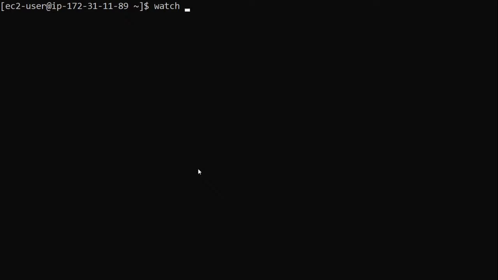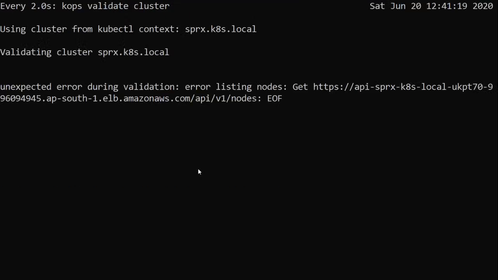But you can still use t2.micro to build a Kubernetes cluster and deploy applications on that. Yeah, while this runs, let's switch over to the